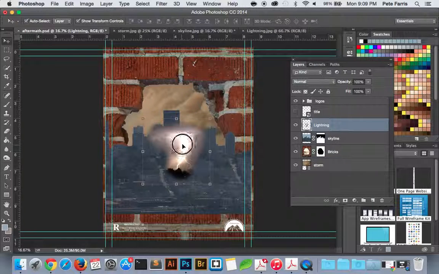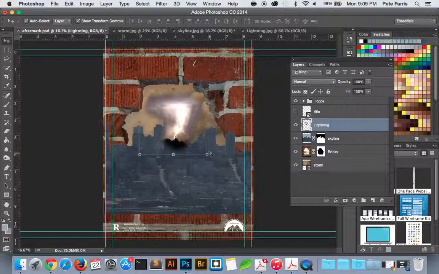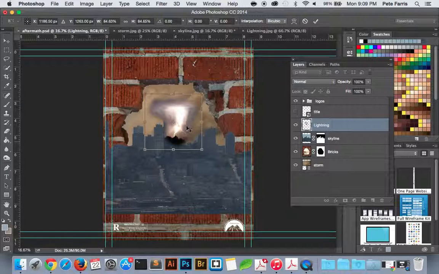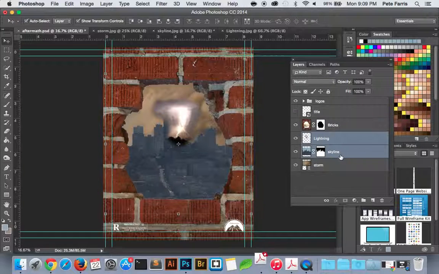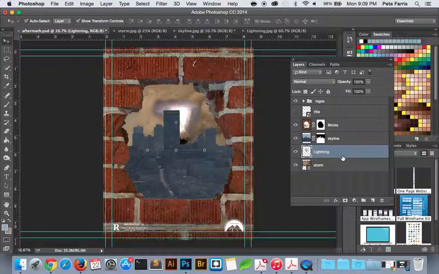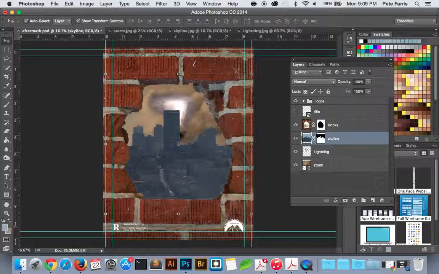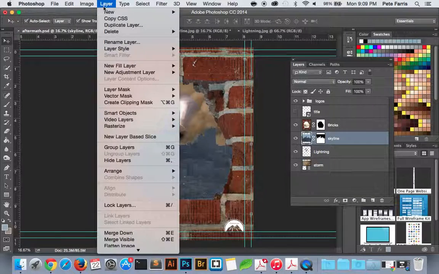Next, you need to work with your lightning tool, so your lightning part. So I'm going to come in here and just kind of reorganize this. And now I'm going to bring in my skyline. Now, again, your skyline and your lightning should still both be behind the bricks because you really want to try to create a successful illusion here. And actually, it looks like your lightning needs to sit behind your skyline. That makes sense. And then we're going to bring this over here, and we're actually going to mirror this